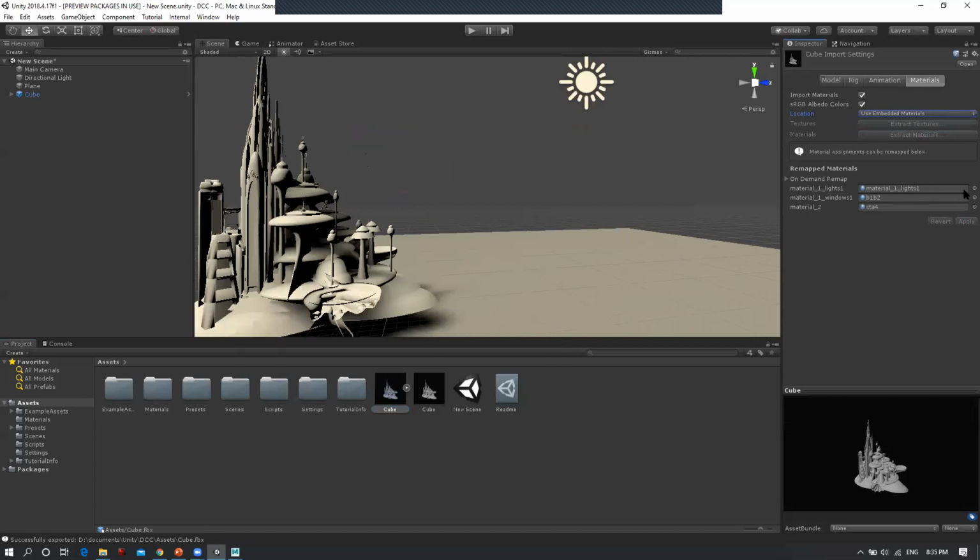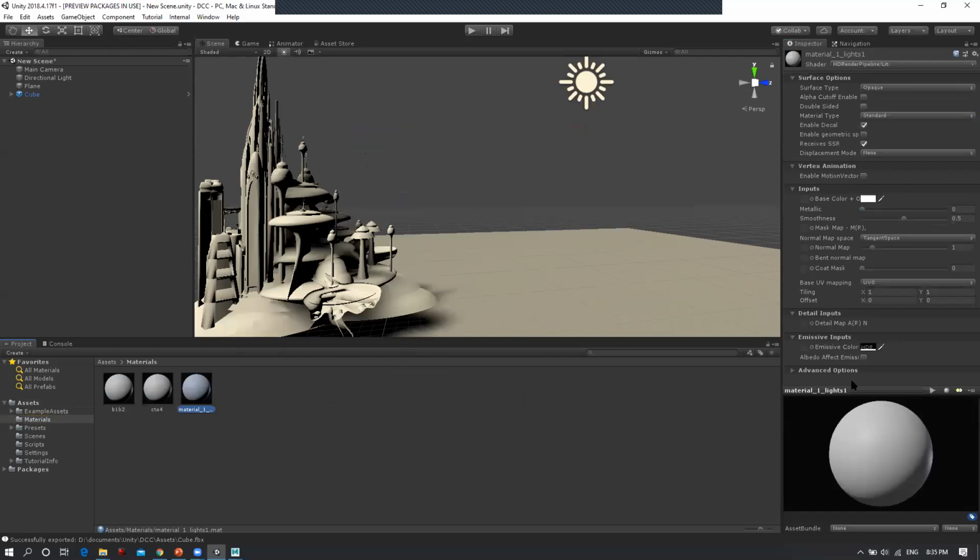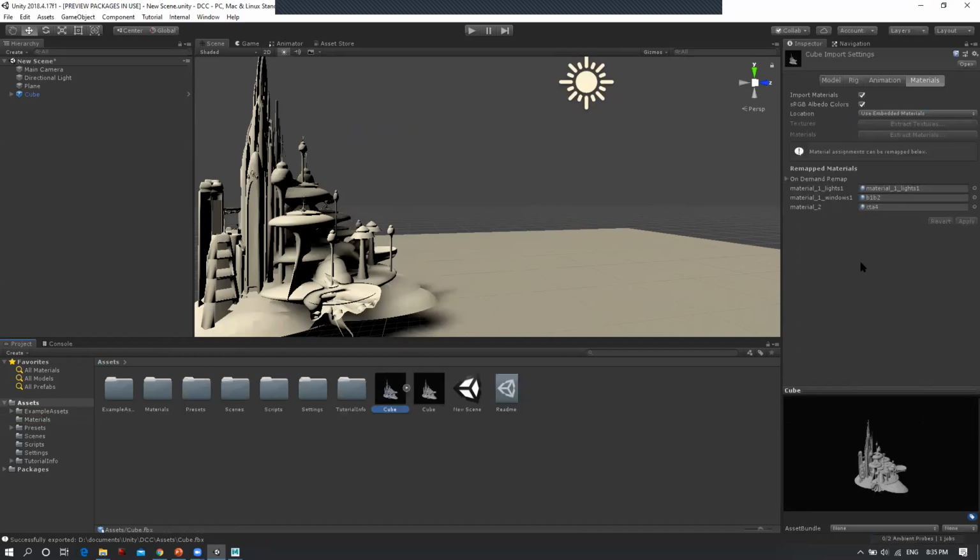So I've got the materials. Now if I want, I can go on and change the material properties and play around with it. It's the same process as how you were getting the materials before.